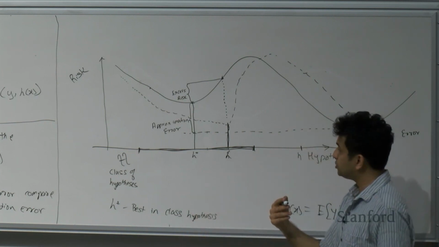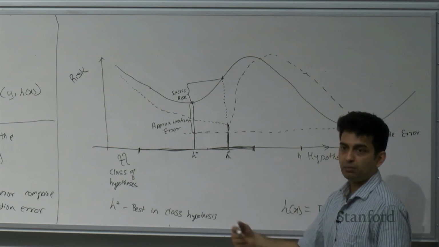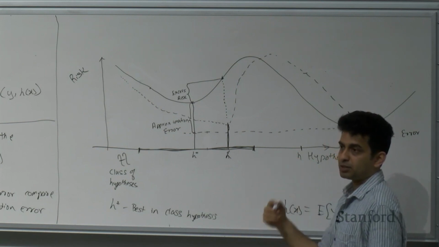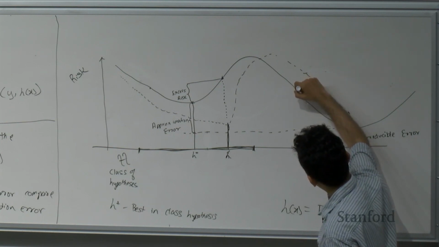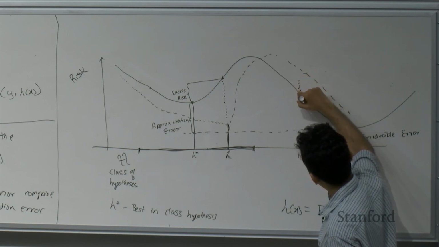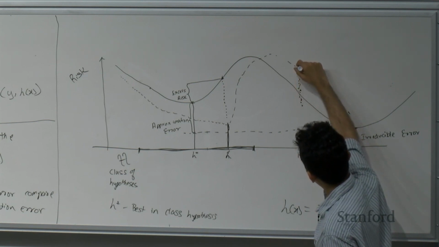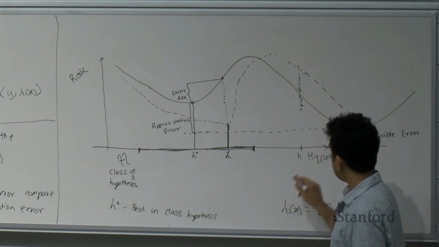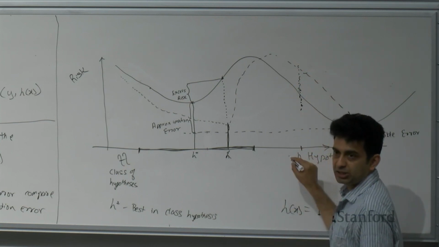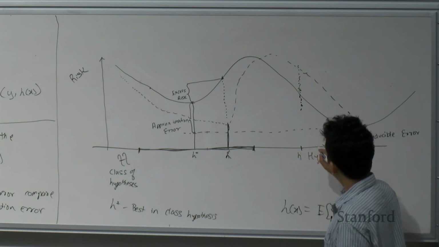Repeat: take a new set of n examples, fit a model by minimizing the empirical risk, and plot the error, and that will give us points like this. So each experiment is going to give us a point like this, and what it says is that for any given hypothesis, for all h, the probability that